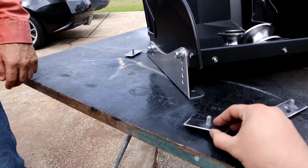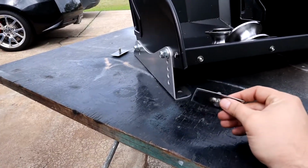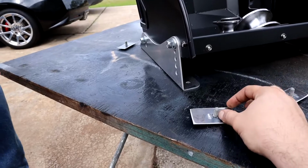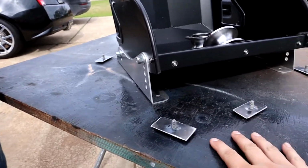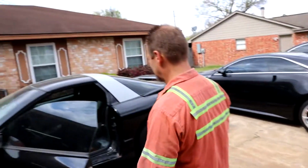So pretty simple, guys. Bolt to the end of the plate, weld the plate to the vehicle, and the seat sits on top of that. Then in the car,